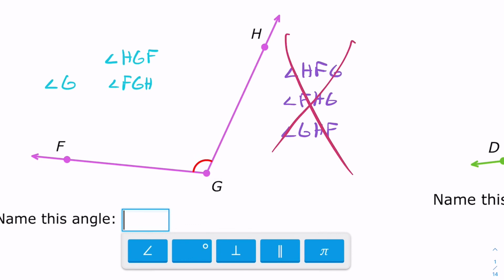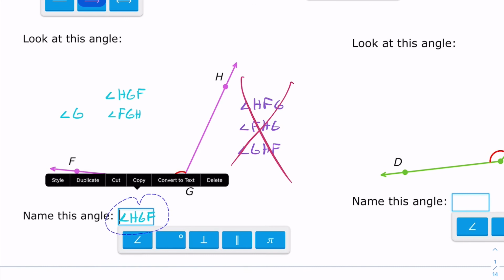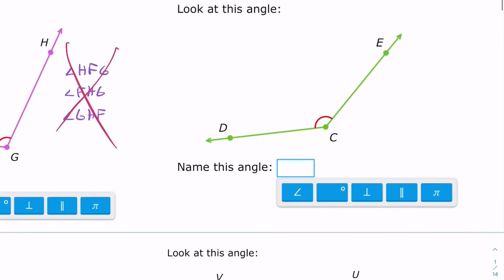Okay, so these are the options, and I'm going to be a little bit more concise. I'm going to say angle HGF, and I'm going to use 3 letters. Again, it's not the only way to name it, but you can with 3 letters. Okay, this one I'm going to be super simple. I'm just going to say angle C,